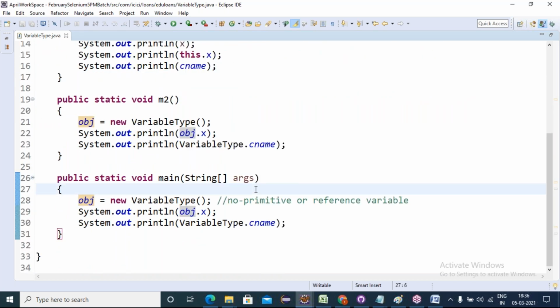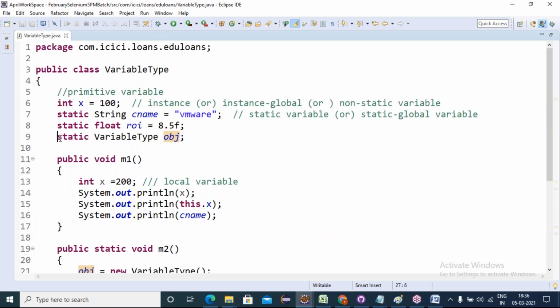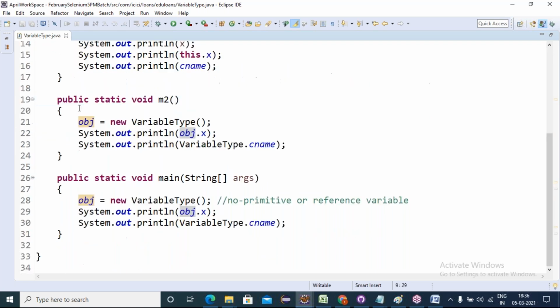This is a static reference. Create the class reference variable once, and you can call it anywhere. Memory is shared here once only, not created a number of times. I said that for static variables, memory is created only once and shared wherever you call it. That's it. Understood, friends?